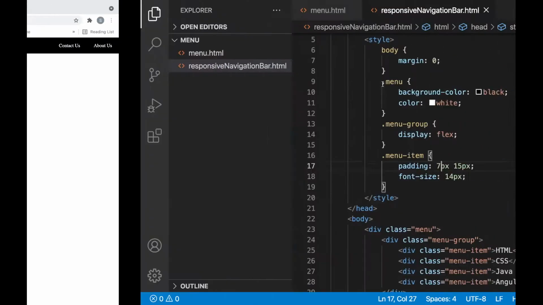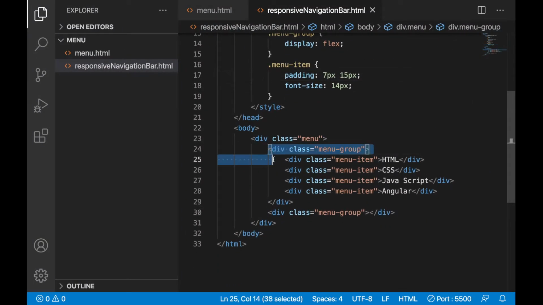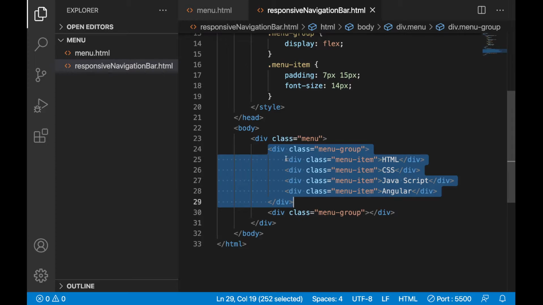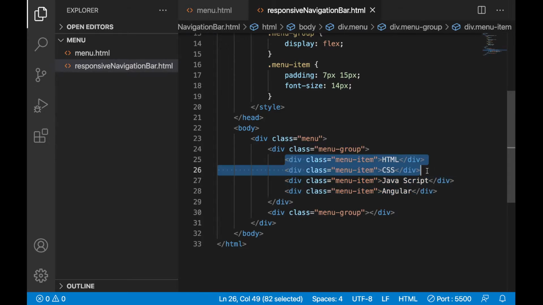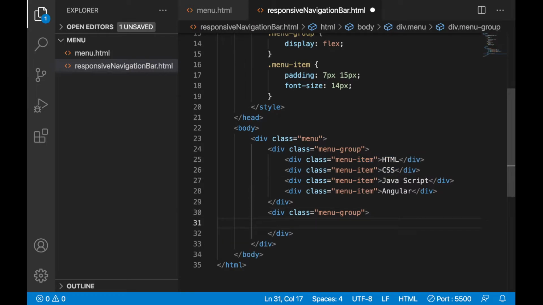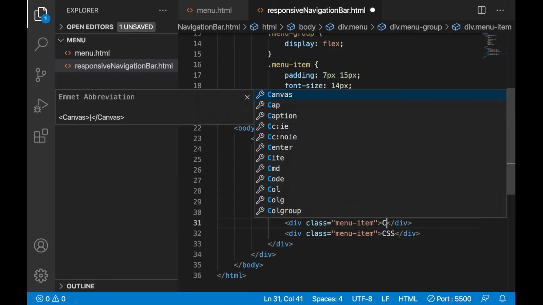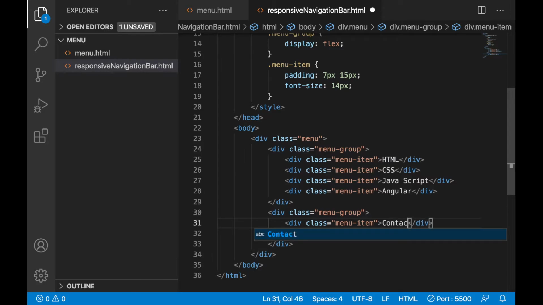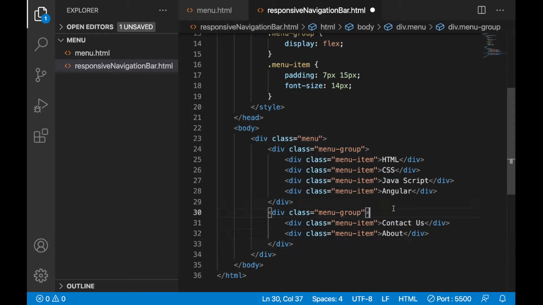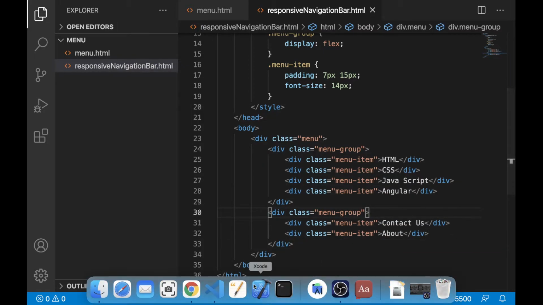Now let's add the right side part also. So this is the left side part. Now let's add the right side part. I will copy, and similar to the left side I will add this one. Let's say contact us. Here, about, I just want to add some navigations. So let's see now. Let's go to our page, see, it is coming down. So this right side should also come side by side. How will it come?